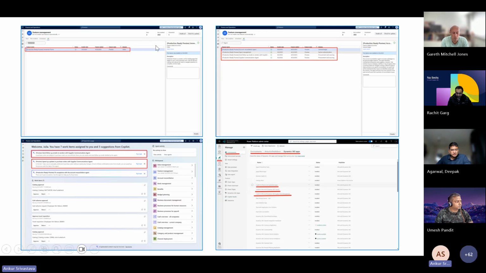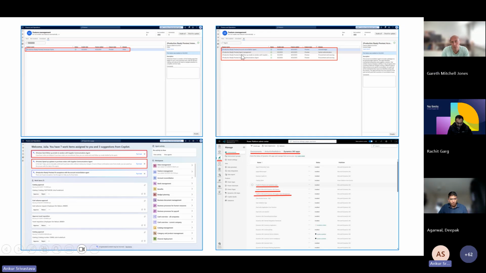The second part here is that we have to go to feature management and enable the immersive home. Then we also talked about the other agents, like agent management, send follow-up emails to vendors for supplier communication agent, and the supplier communication agent. All these are production ready preview.